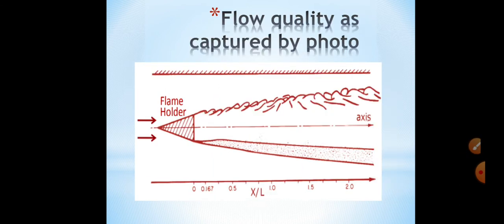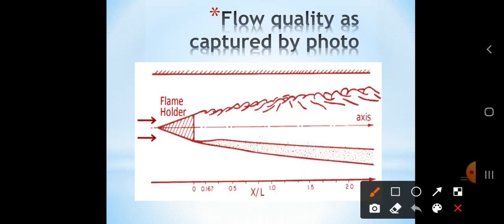And then here we can see a photograph which is captured by flow quality. Here we can see as the flow is moving towards the right, the flow is getting turbulent, because in the turbulent zone the combustion velocity will be much more increased as fuel particles are much fewer and oxidizer particles are much more. In order to completely utilize these fuel molecules, the flow will turn itself into a turbulent region.